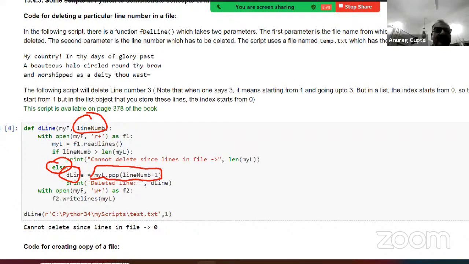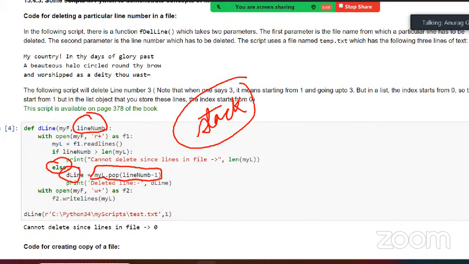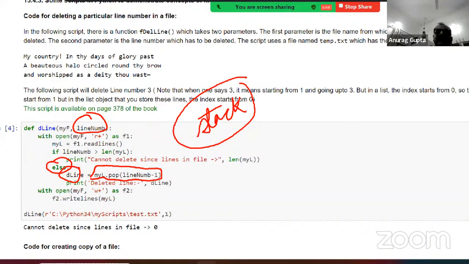This is very important. You know why I've written line number -1? You need to understand pop. I skipped over all the chapters of string, lists, and all that. But if you do, you can pop the items of a list one by one. So basically, if you use a stack, I don't know if you guys have done the concept of stack. We will discuss it. Some of you may know, some of you may not know. It's not important for your work, but you can think of it like that.